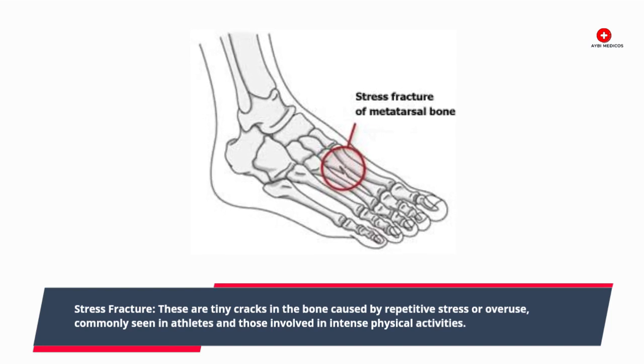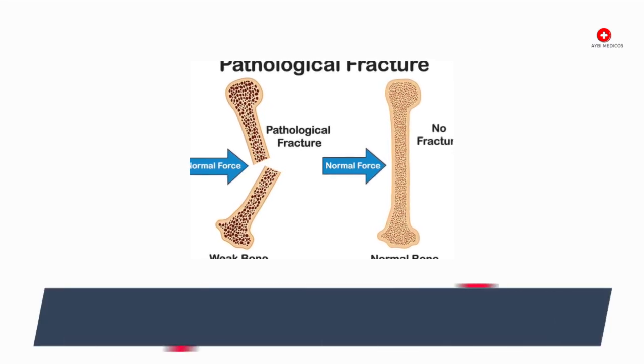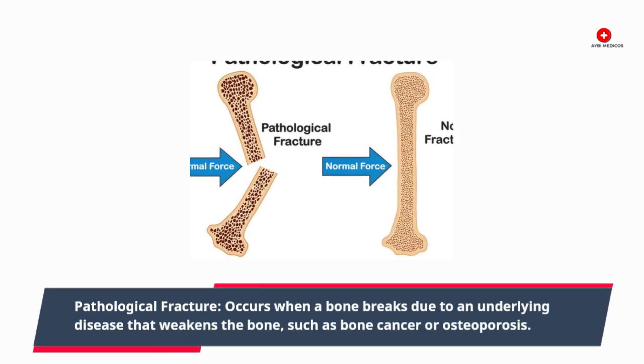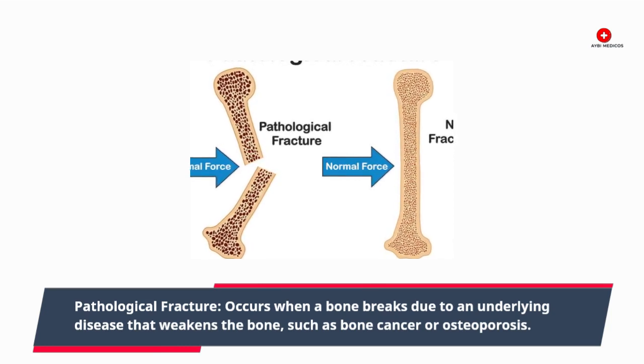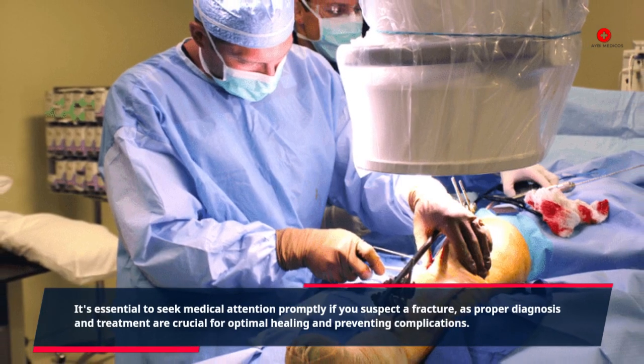Stress fracture. These are tiny cracks in the bone caused by repetitive stress or overuse, commonly seen in athletes and those involved in intense physical activities. Pathological fracture occurs when a bone breaks due to an underlying disease that weakens the bone, such as bone cancer or